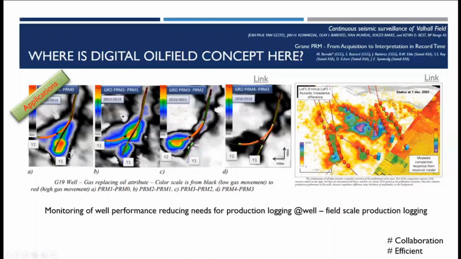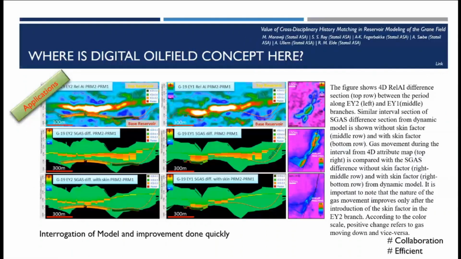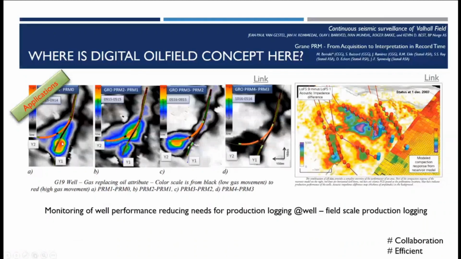Then to compare how these are used when it comes to the reservoir model. If you remember Y1 and Y2, this was Y1 and this one was Y2. We had issues in Y2, so we looked back into the model to see what had happened. During this time period, PRM2 and PRM1, we are looking exclusively at what has happened. Very little movement in Y1, and in Y2 there has been a movement out over here,